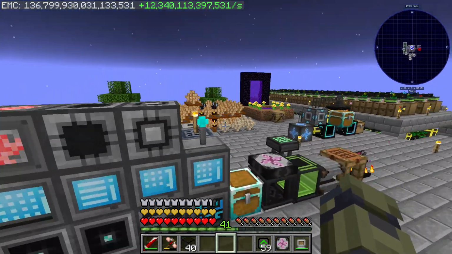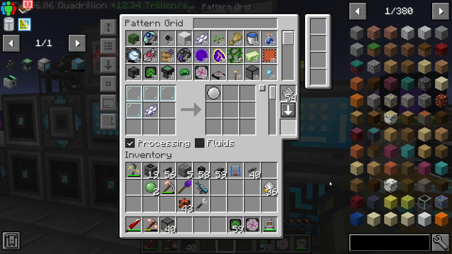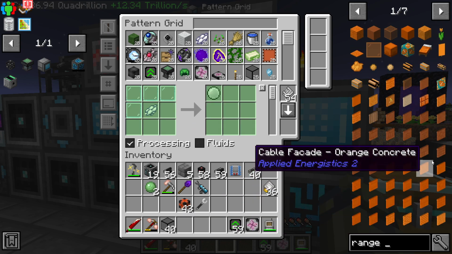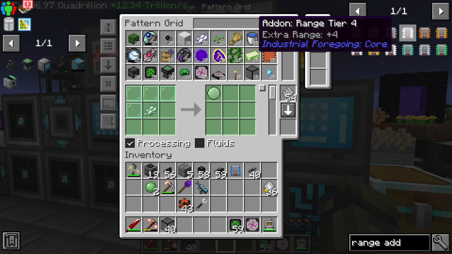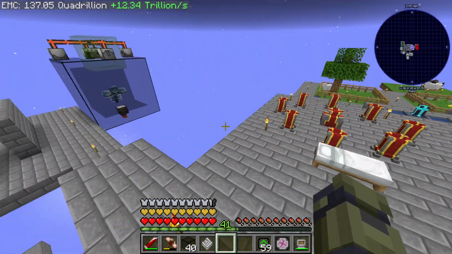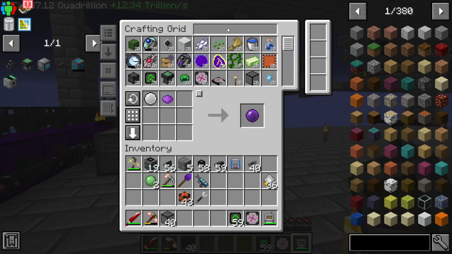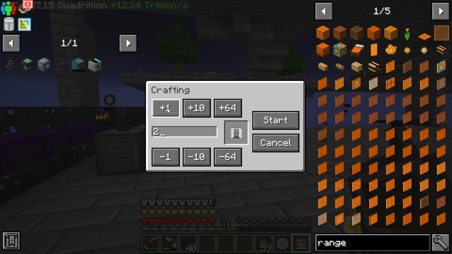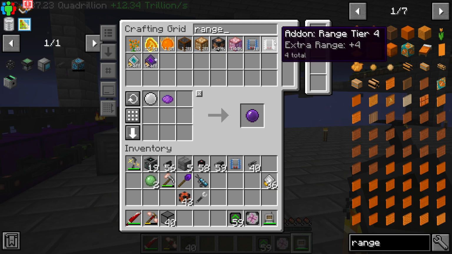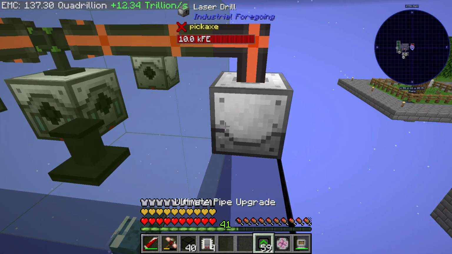I'm going to come right here and make some range upgrade. Range, I'm going to make a higher tier range. So if I come here and say range, can I make a +4 range add-on? The +4 is right here. And let's go down here and let's make 4 + 4 range. Give me 4 of these. Start. Should be fairly fast. 4. And I hope that's all it is. So if I do this and I go like this and I go...